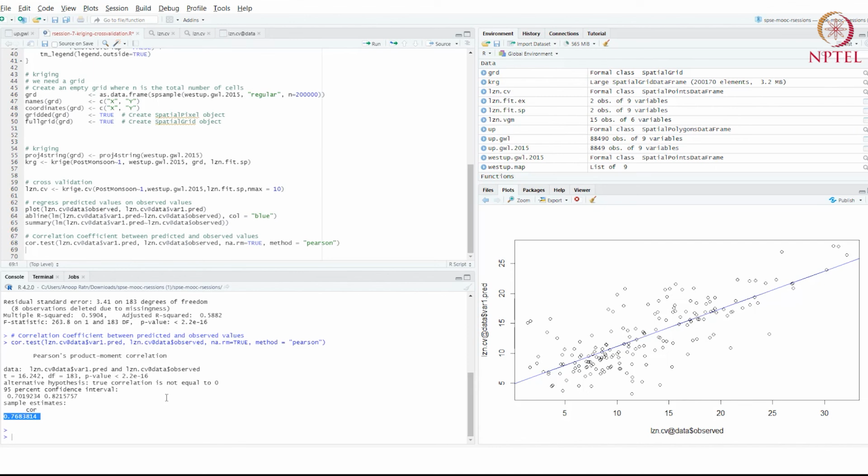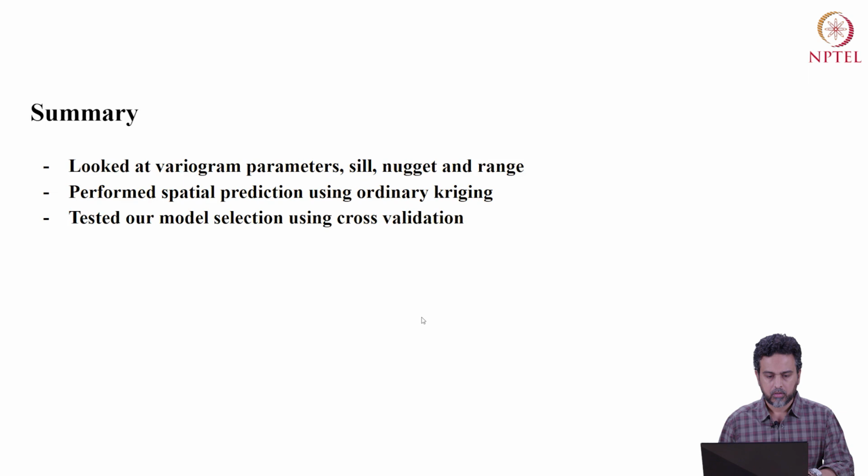So if you wanted a better cross-validation, if you wanted more agreement between predicted and observed values, you would have to go back and question some of your assumptions, some of your methods, some of the choices of model, and some of the parameters that you used to achieve a better fit. And these are things that will be gained by experience and your understanding of geostatistical modeling.